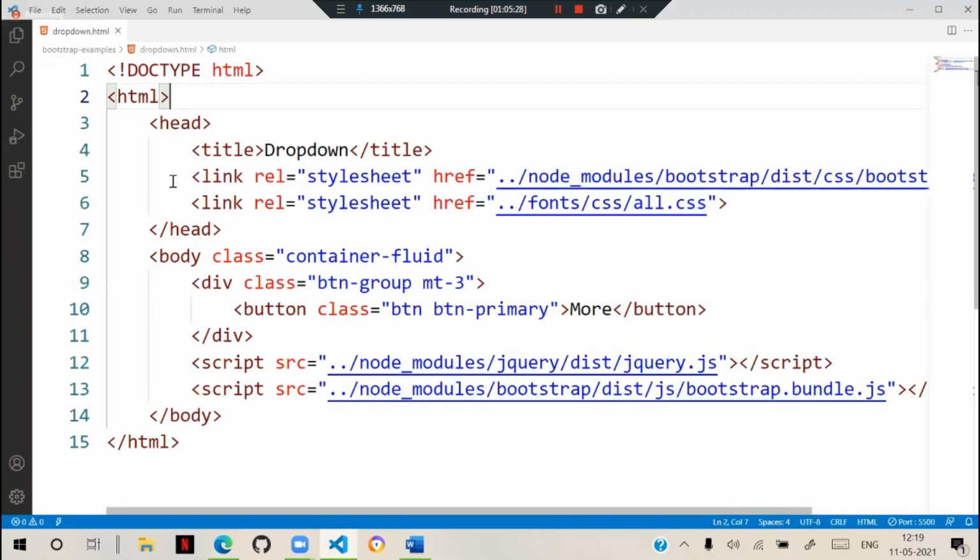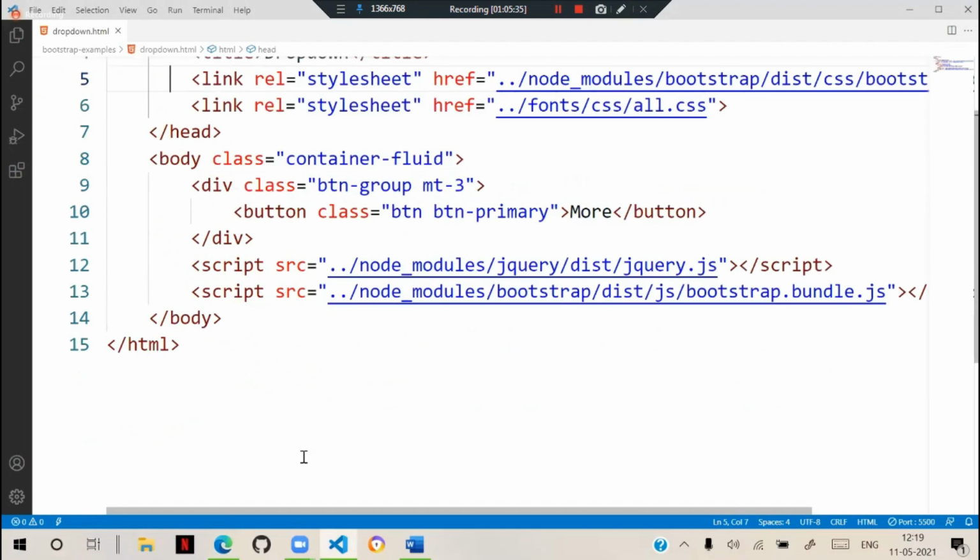Now here you can see we have this button More. And the point here is we need to display a drop down for that. So we need to keep a drop down for that. Generally, we need to configure the drop down as a div container only. We don't use any form elements for that because form related drop downs have a problem already. That means we can't display complex text and other options also.